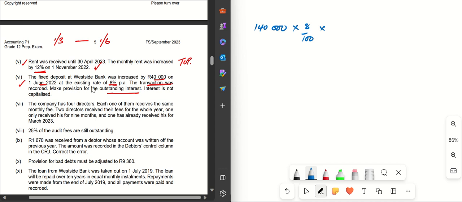We're counting March, April, and then we're going to have May. Because it increased on the 1st of June, we're going to have 3 months. So it's going to be 140,000 times 8% times 3 over 12. And then that is going to give us